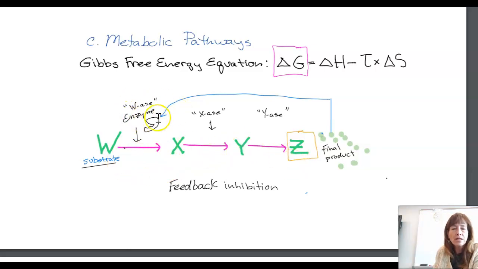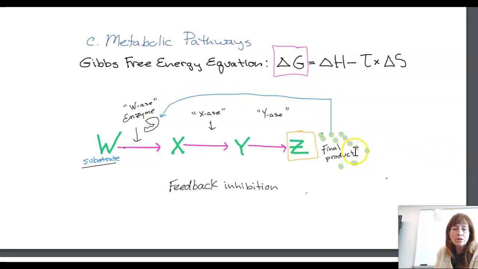Each one has its own enzyme, so I kind of put up here W-ACE is the enzyme for this one. I just drew a little picture here. Here is X-ACE, because that's the enzyme that catalyzes this reaction going from X to Y. And then Y-ACE being the enzyme that catalyzes this one from Y to Z. So we get to the final product, and then we get a lot of product, we want to shut this pathway off. So one of the ways that happens in the body is that one of the products can go back